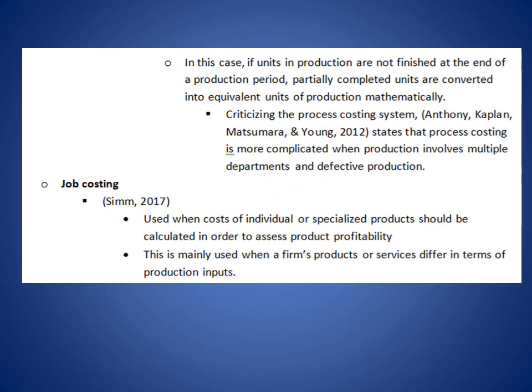In this case, if the units in production are not finished at the end of a production period, partially completed units are converted into equivalent units of production mathematically. However, Atkinson et al. criticize the process costing system, stating that process costing is more complicated when production involves multiple departments and defective production. Considering the next alternative, which is job costing, CIM 2017 argues that it is used when